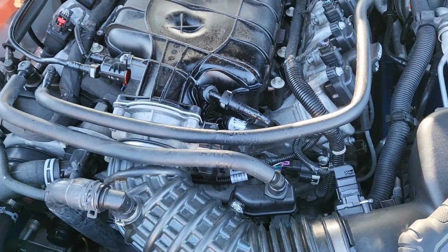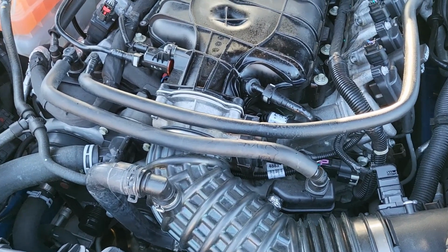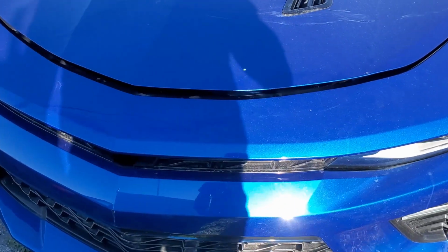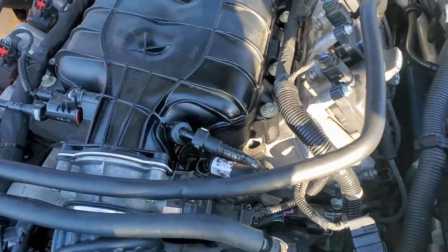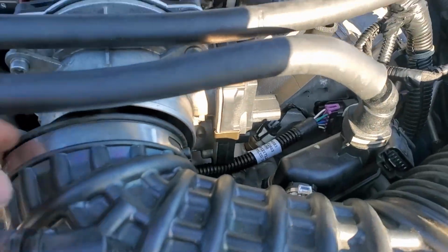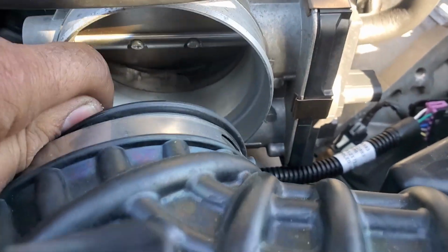This intake needs to come off. But I am done with this car. Well, I thought I was finished with the car, but I'm not. The owner wants me to do the job, so we're going to start taking out that intake, see what's leaking over there. I decided to start with the throttle body, and the first thing that I noticed, I don't like